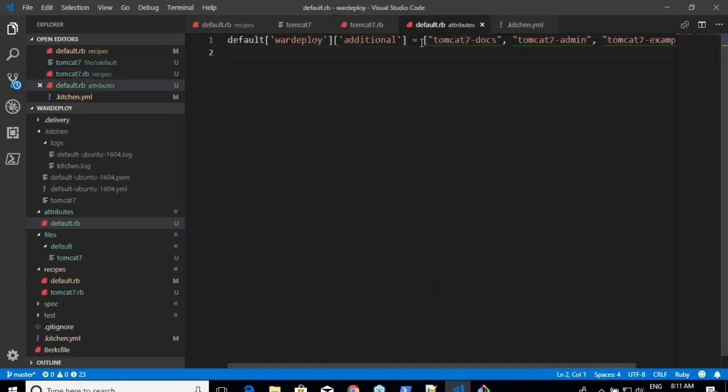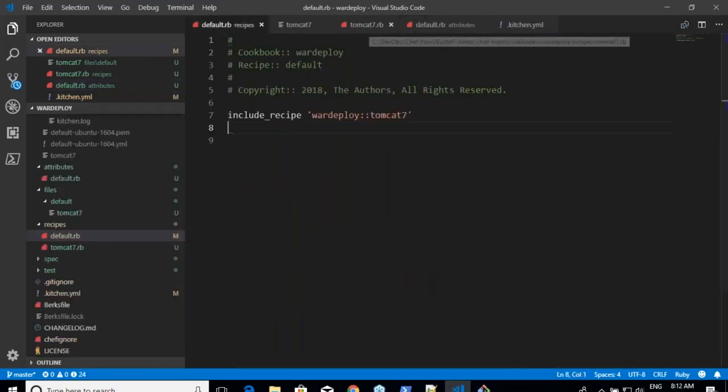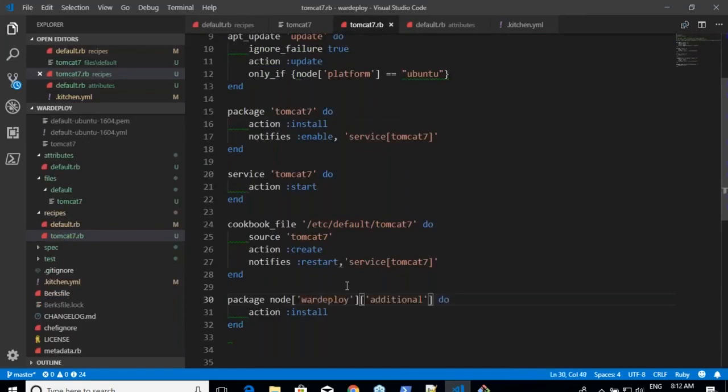You can use an each statement. If you are confused with whatever I'm trying to do, you can use an each statement, and I'm quite sure that we have already learned how to write an each statement. You can assign this variable to the package names: packages.each do package, package name do install, whatever we have done earlier. And after you install packages, let us see what the next step is.